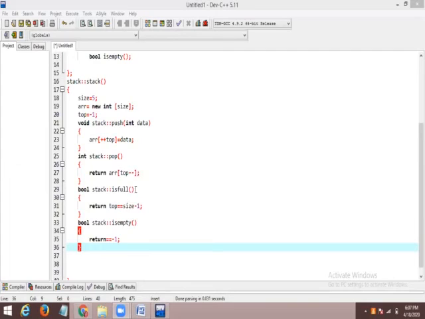Is full. Is full means size is, what is the size? 5 minus 1, 4. So when your index value is 4, your stack is going to fill totally. That is the logic here. And next is empty. So why did I take return is equal to minus 1 is empty? After taking out all the values, your stack is empty. Empty is nothing but minus 1. Okay, and now I am going to write my main function.